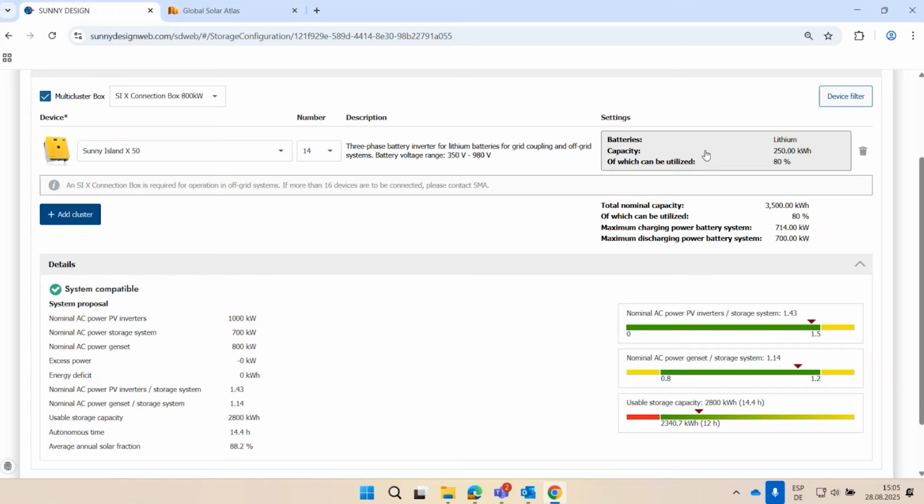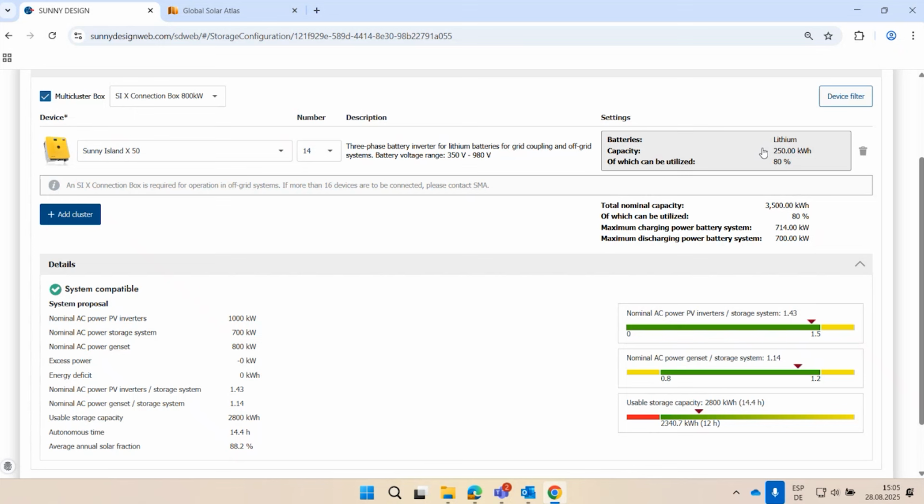So if I have a Sunny Island 50 with 50 kilowatts of nominal power, if I work at full capacity, I need at least 5 hours to charge the battery at nominal power, or to discharge the battery at nominal power. So this is a good average, 5 hours of full power. As you know, we don't use the complete battery, so it will be less than 5 hours, but it's realistic.